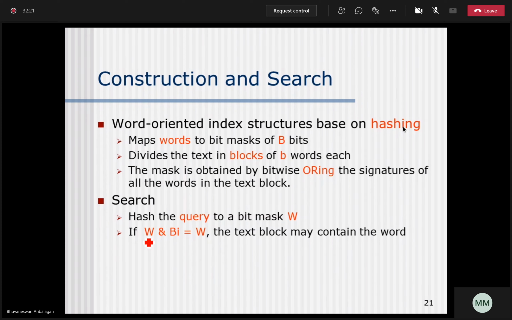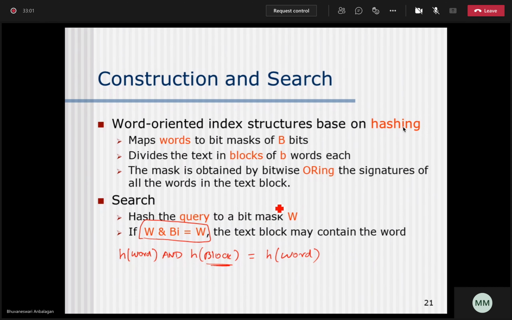You have to perform a bitwise AND between the hash value of the particular word and the hash value of that particular block. If the bitwise AND of this word hash value and block hash value returns the same value as the hash value of the word, then it means that particular pattern is available in your signature file in that particular block.